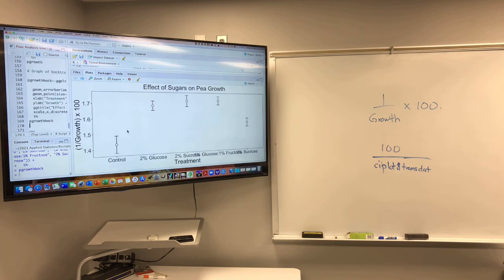Things that are growing slow look like they're growing fast. The next graph is just the raw data. But if you look at it carefully, these error bars are symmetrical, even though the data that underlie them are not symmetrical. But because of the way you form the confidence intervals, they end up being symmetrical. And the last graph, even though it's very subtle,